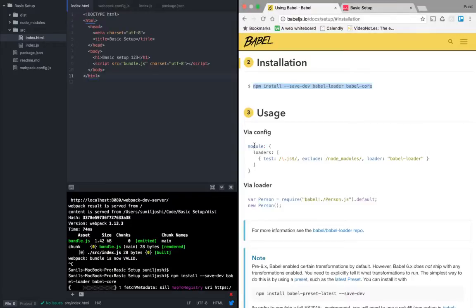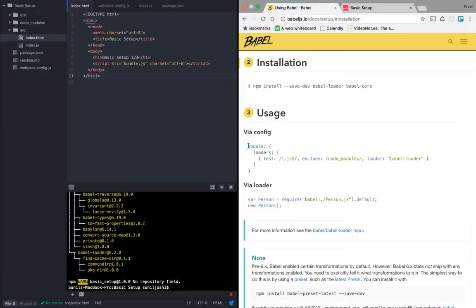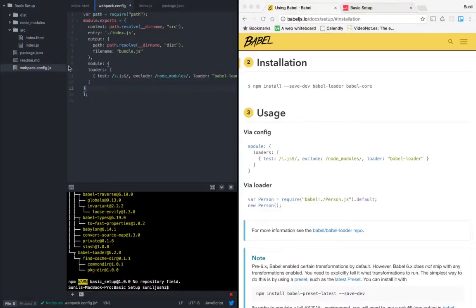So let's go ahead and do further steps. Since we are using the Webpack installation of Babel, it is telling me to have a module inside our configuration. I'll explain what this is. So let's go ahead and copy that first, and then we'll see what we can do about it.